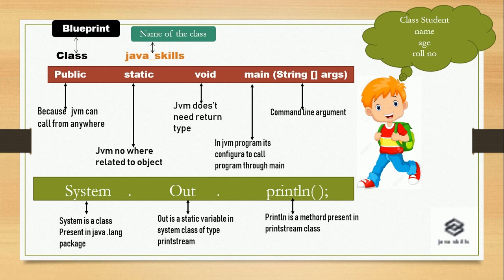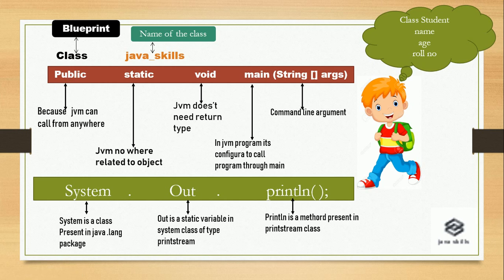Now let's explain what really is a class. Class name is a user-defined name of the class. Here I have given Java_skills. Now, why is the main method always public? Because the main method is public because